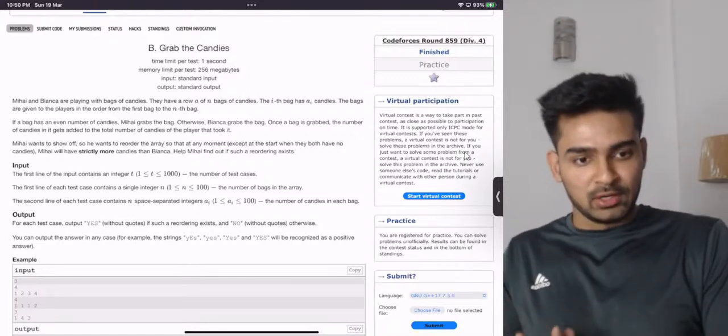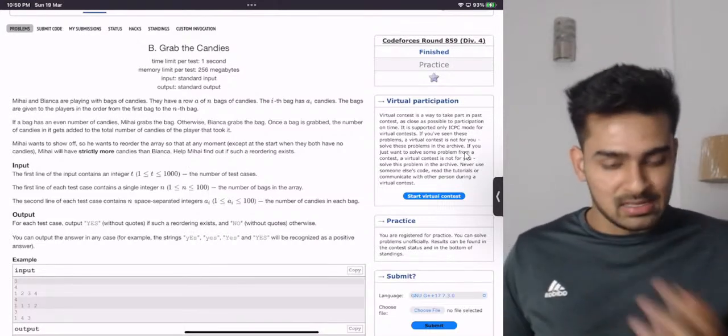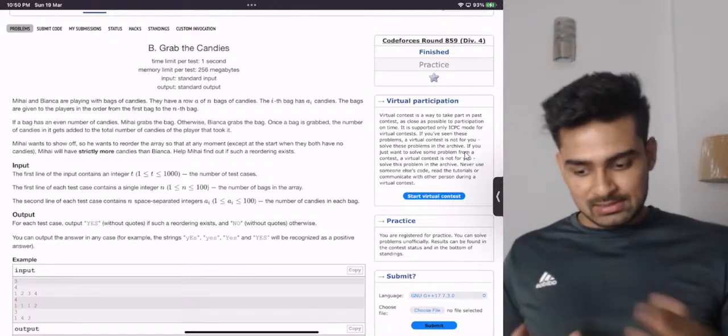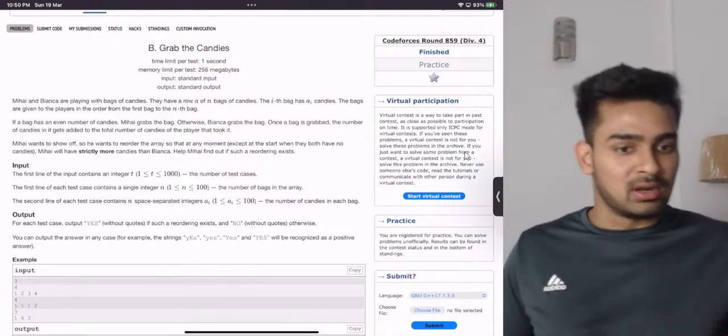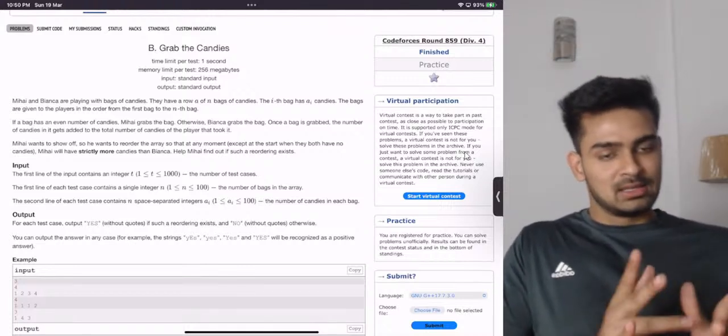So basically, what you need to do is at every point maximize the number of candies that Mihai has and minimize the number of candies that Bianca has. One way to do it is, since we know that Mihai will only take an even number of candies, what you can actually do is